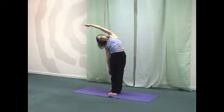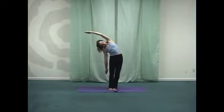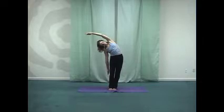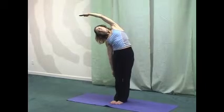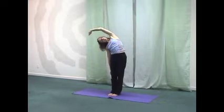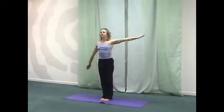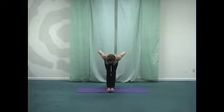Release your neck. Feel the stretch in the intercostals and the side waist. Inhale and extending through the right arm, return to Tadasana, mountain pose. Pressing evenly into your feet and keeping your leg muscles strongly engaged. Put your hands on your hips and bend forward from the hips as close as you can to 90 degrees